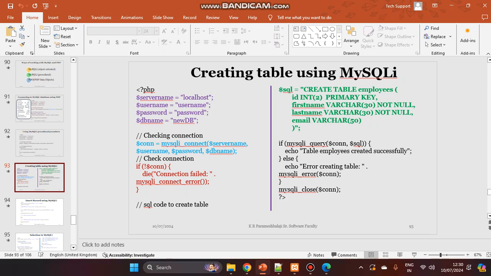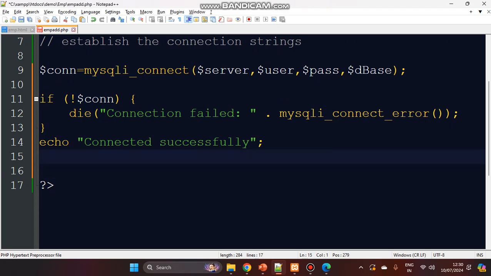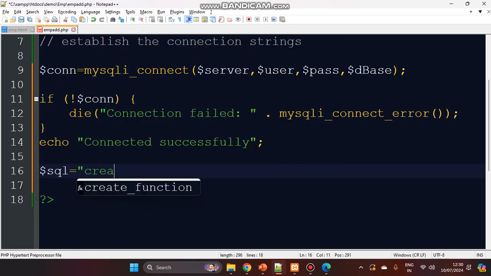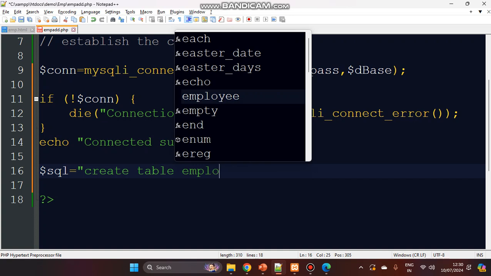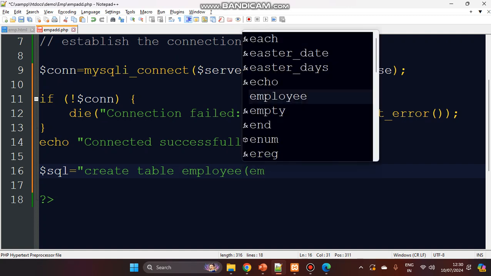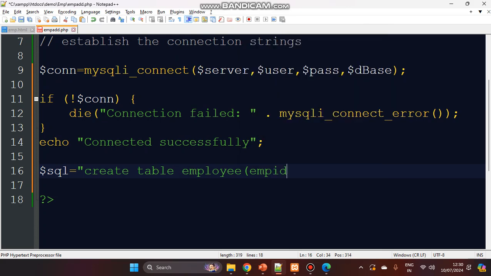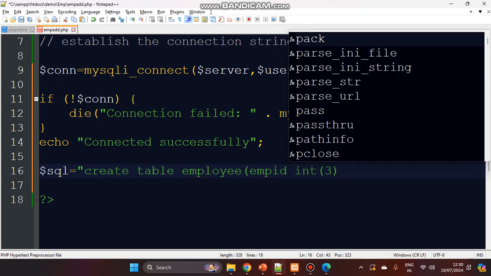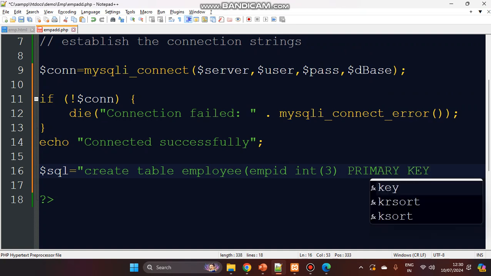We want to create a SQL query. In the SQL query, we want to create this dollar SQL equal to, write our query: create table employee, emp id int 3 primary key, comma,